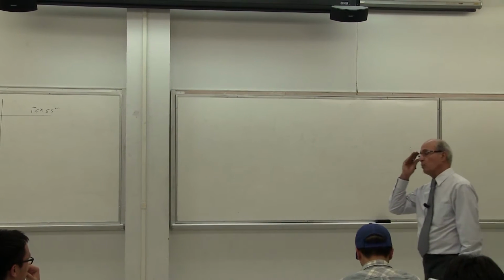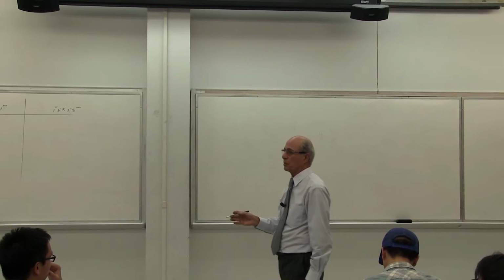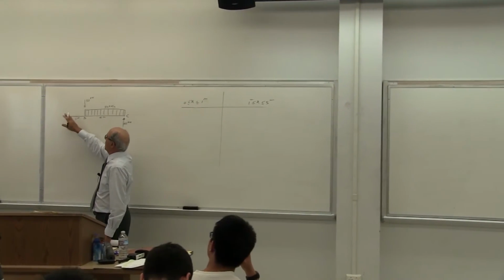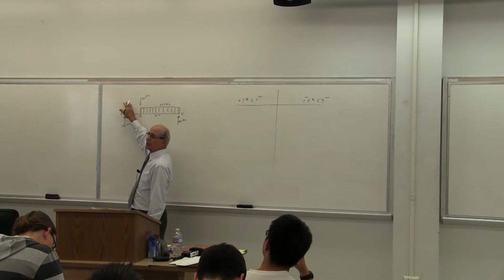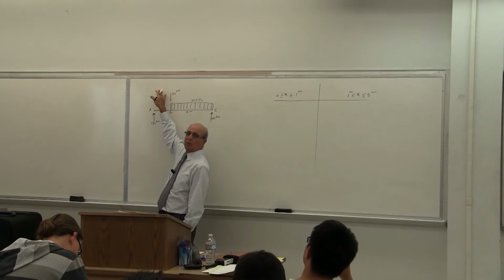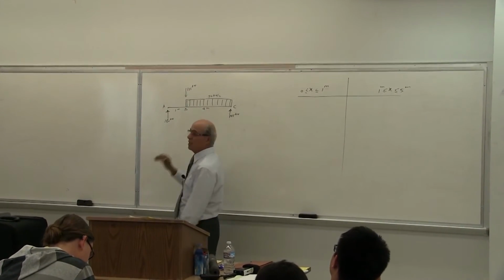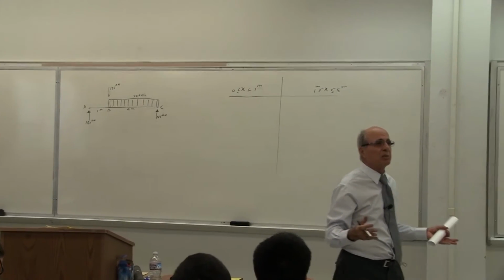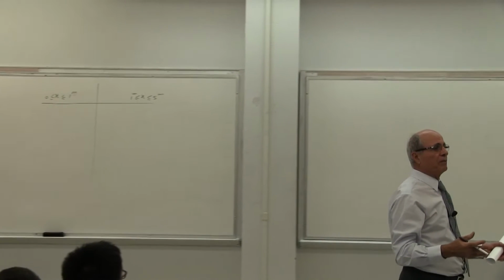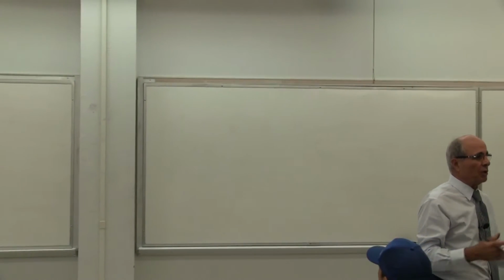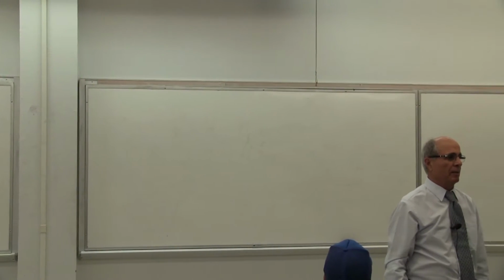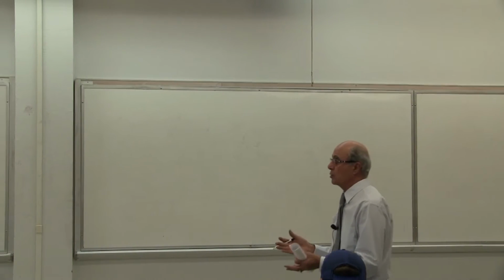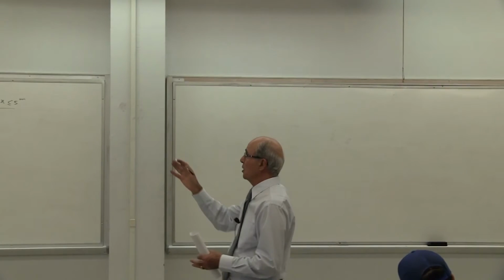Notice the most important part of this problem is this. From A to B, there is no load, shear is constant, moment is linear, yes or no? From B to C, the moment is a parabola, correct or not? How can this be expressed as one function? So it is two different functions. Everybody understand that? And if we want to answer the entire question, we have to set it up for two parts.